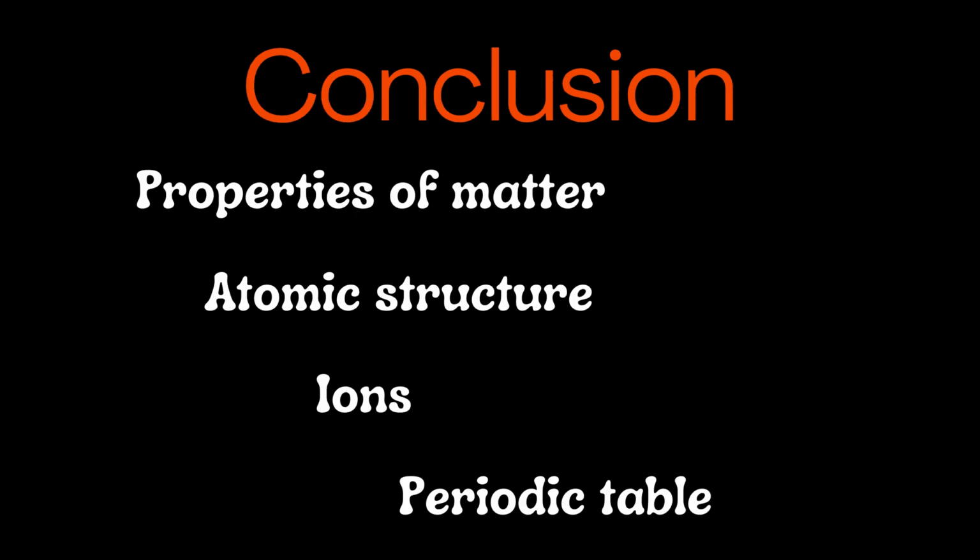In conclusion, today, we covered the fundamental concepts of matter and change, including the properties of matter, atomic structure, ions, and the periodic table. Understanding these basics will help you grasp more complex topics in chemistry and apply this knowledge in scientific and practical contexts. These principles form the foundation for your journey in chemistry, preparing you for future topics like chemical reactions, bonding,